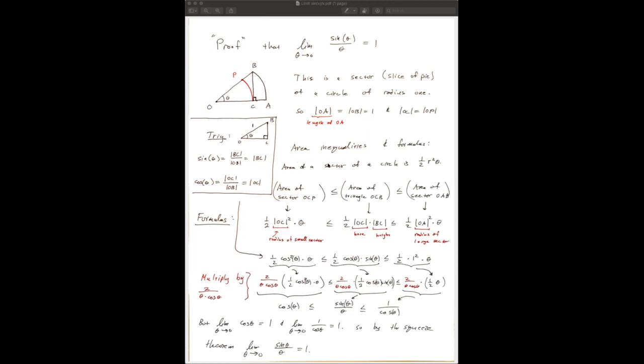So what we're going to do is set up an inequality. If you look at this picture, this smaller sector,